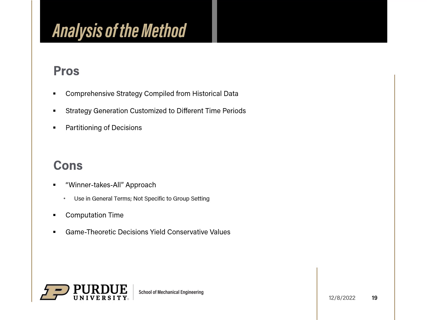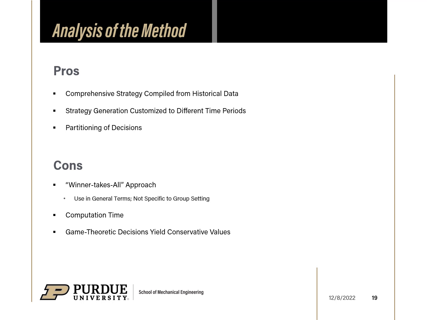And game theoretic decisions in this method yield a conservative value for the winner as compared to the loser within a certain time interval. This means that the computer favors choosing options that yield a lower reward due to the competition faced as a rational choice. However, as noted by the article, decision makers are not always rational, and they'll pursue actions that they perceive to yield the highest value.